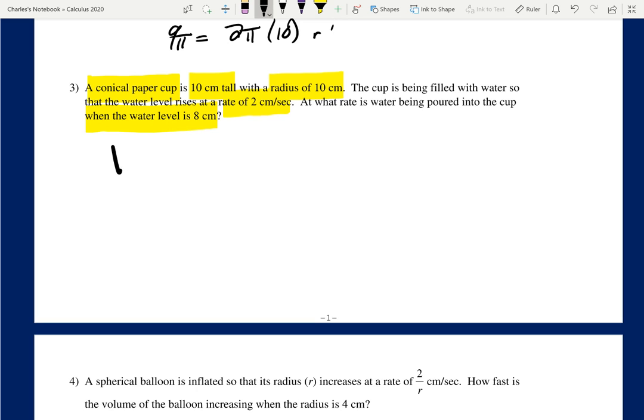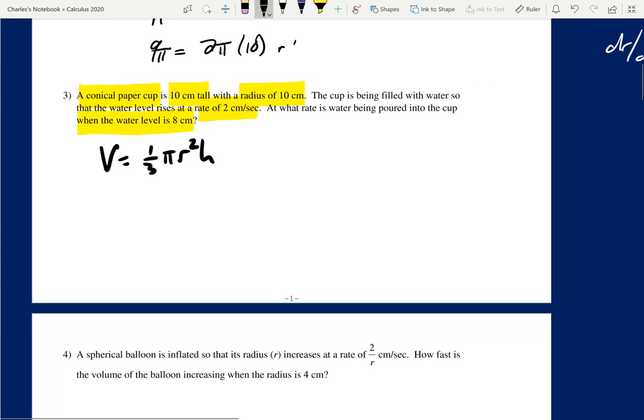And so the first thing you might recognize is that this is a cone, and you might recall that the formula for the volume of a cone is 1/3 pi r squared h. And maybe you look at that and you're like, that's a lot of variables for us to control in one calculus problem when we're not even in multivariate calculus yet. And that's a shrewd observation if so. There's a trick with cones specifically. Cones, I think, are the only formula that has two quote unquote variables on the right hand side of it